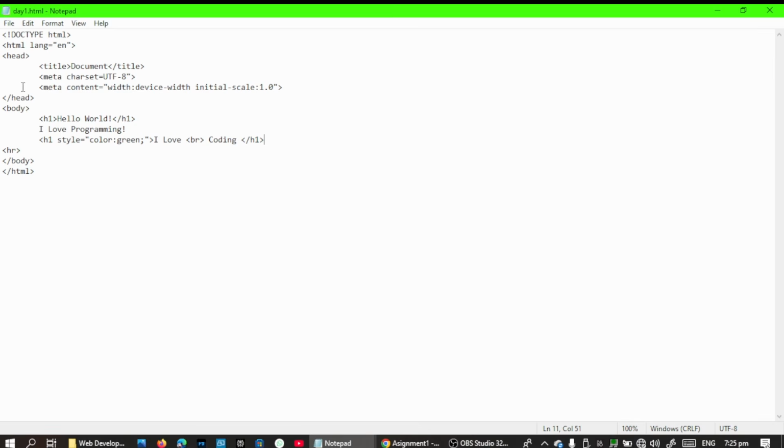Now for the head tag, this head opening tag and this head closing tag, anything in between this opening and closing head tag is not visible inside of your web browser. It will not be visible. This title that you put, it's not visible in your web browser, but when you go to the tab of your browser, for example,